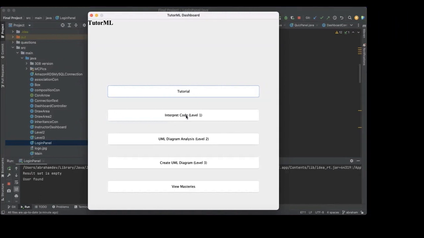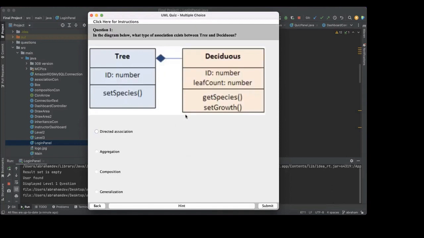All right, so we're going to jump into level one here. John, if you want to start talking about this. Yeah. So when we do level one, it pops out a little practice quiz. So immediately you see a question and a little diagram and some options that you could choose. And here you could see, in the very bottom, the hint, submit and back buttons. So let's first off click hint,